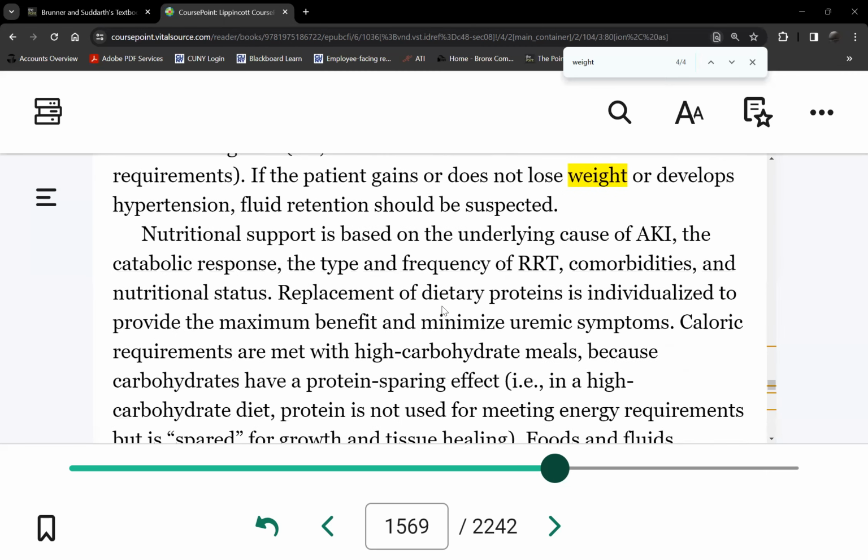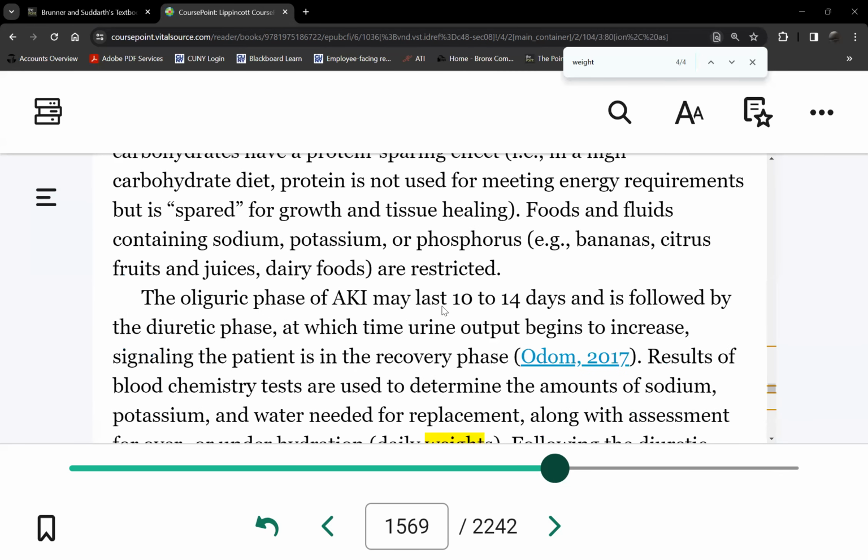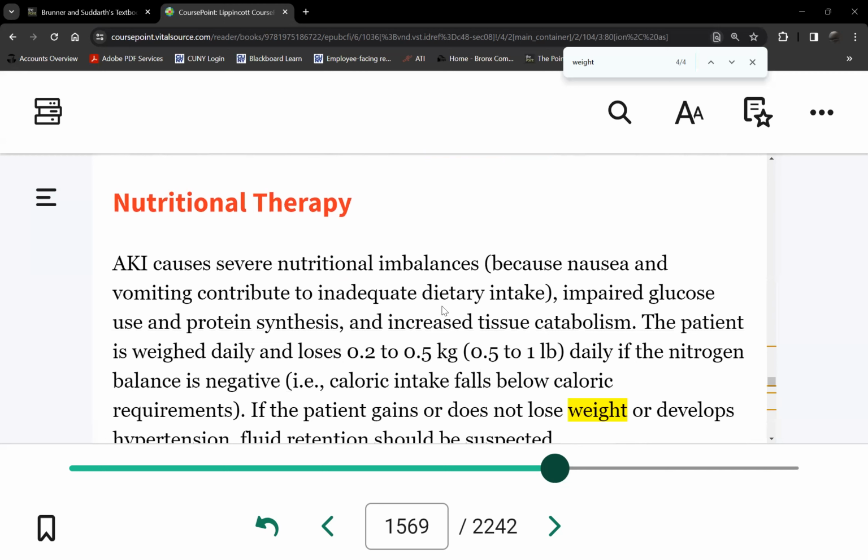Nutritional therapy, the patient will have to have controlled or restricted amounts of everything. Because where did BUN and creatinine come from again? Protein. So what do you think will be the protein content of this patient's diet? It's going to be restricted. Okay, so less than normal. So let's say 70 grams, for instance, a day, or 60, depending on the patient's BUN and creatinine level. Then what will we do with the potassium, sodium, calcium, magnesium content? Do we control them also? Yes, because the kidneys are not functioning here. So you have to control all of the amounts.